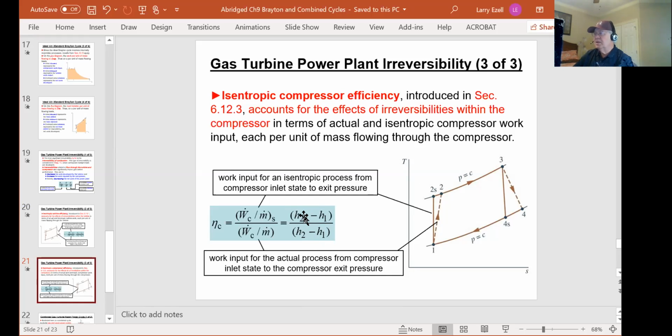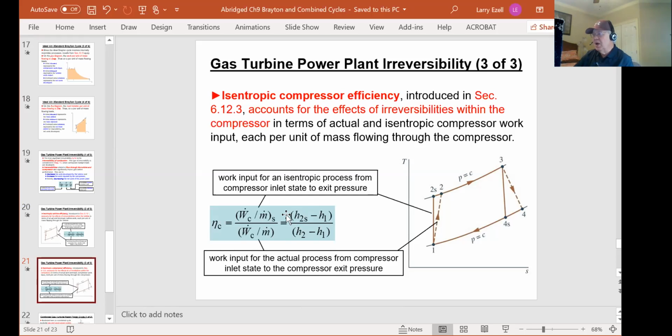So the negative over negative is a plus. You end up with the exact same number as if you used his notation of H2S minus H1, H2 minus H1. And if you use this equation to solve for another,